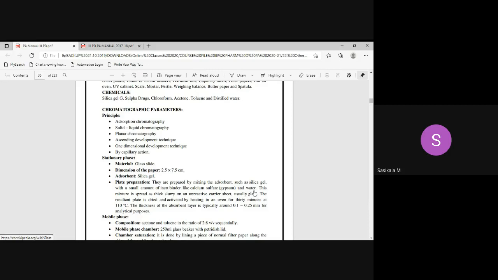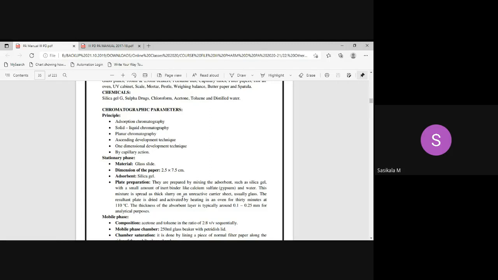Spreading method will be applicable to prepare plates with accurate thickness. For that we require a spreader, a TLC spreader, which we will not use. And with the spraying method, you won't get a uniform layer. The dipping method also consumes more slurry of silica gel, and even in that you won't get a uniform layer. So in order to get a uniform layer and to save the quantity of slurry, we'll be going with the pouring method only.